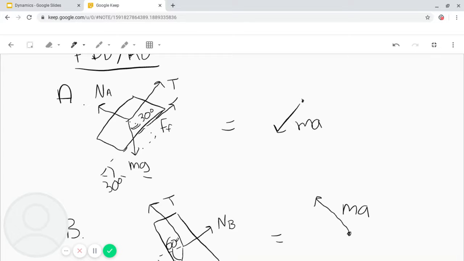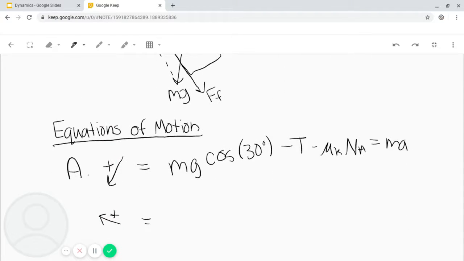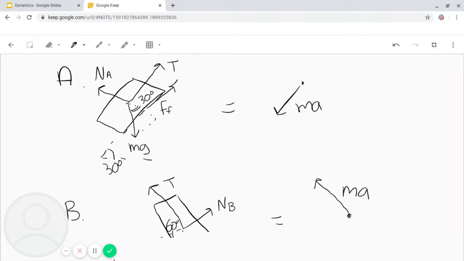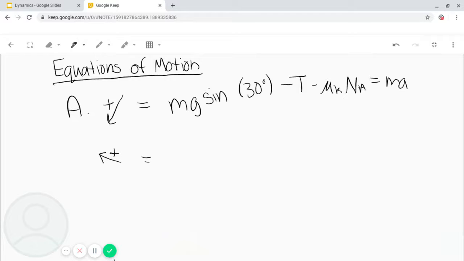No, sorry, mg cos 30, because we want sort of this part of it here. So that would be cosine of 30. So I'm just going to change that in here, because that should be sine. Yeah, okay. So we have mg cosine of 30,